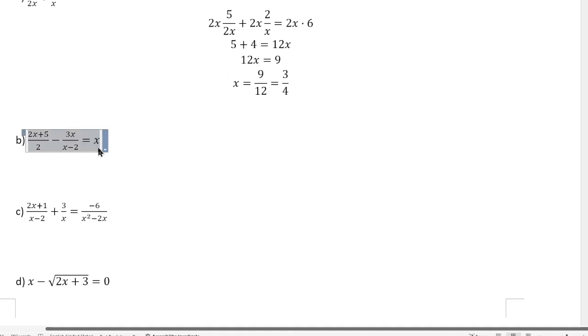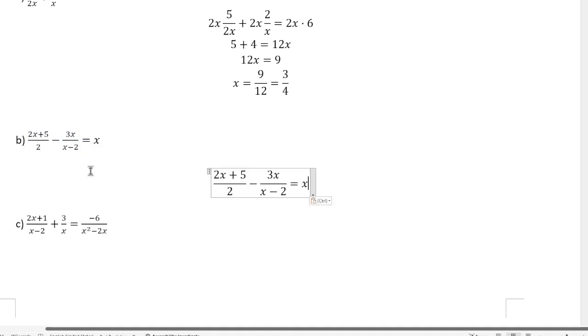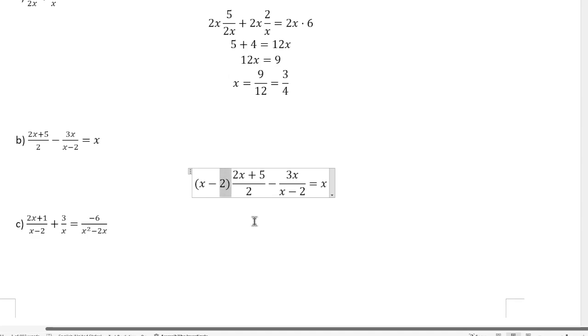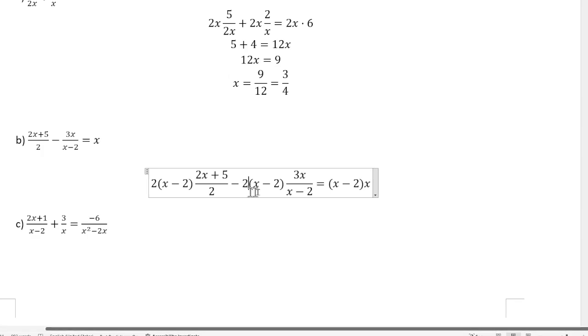Okay, another equation with fractions. This time, just multiplying by x minus 2 won't be enough, because while multiplying by x minus 2 on this one will cancel the denominator, this 2 won't go away, right? So you'll have to multiply 2 as well. So we're going to multiply 2 times x minus 2 to everything, so that this 2 and this 2 will cancel, leaving you